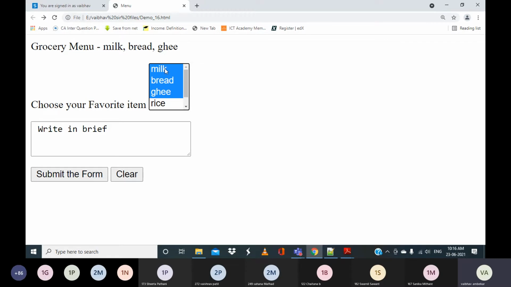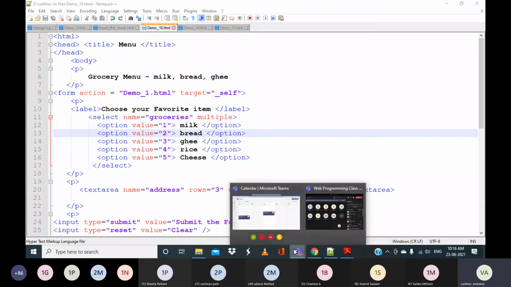So this is one more option that is available, but usually we don't prefer it, because if this is required, then what other option do we have? We can use the checkbox instead. Yes or no? Yes, sir. Do you remember what we do in checkboxes?